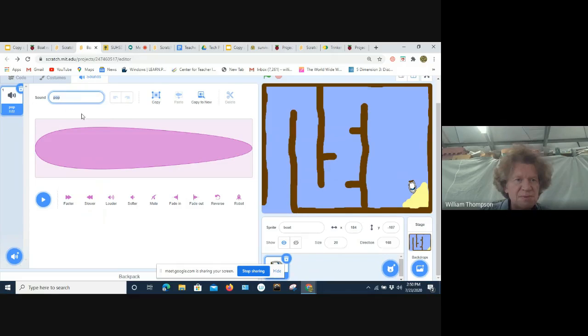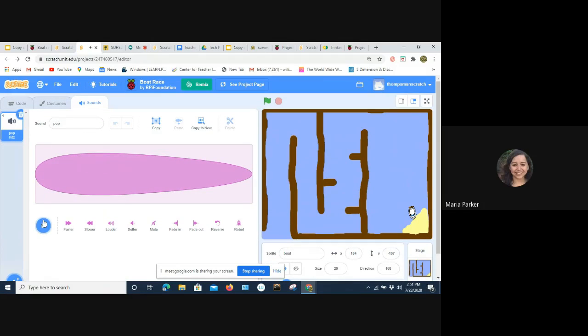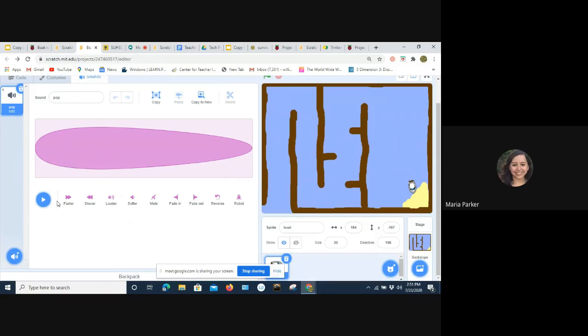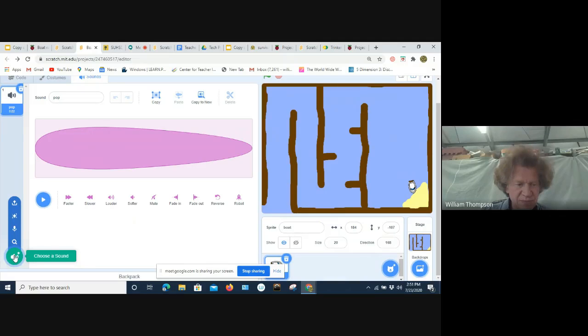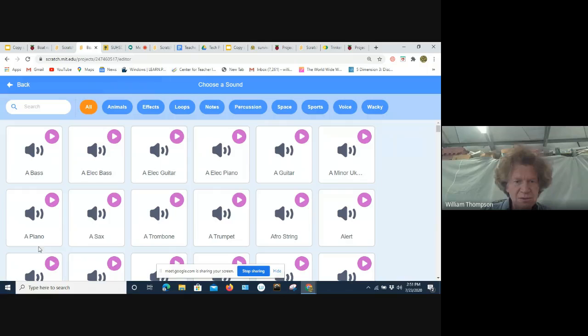Mine says pop. I wonder how to find those other sounds. You click on the volume button, that circle on the bottom left, and it'll open up other options. Okay. Choose sound.